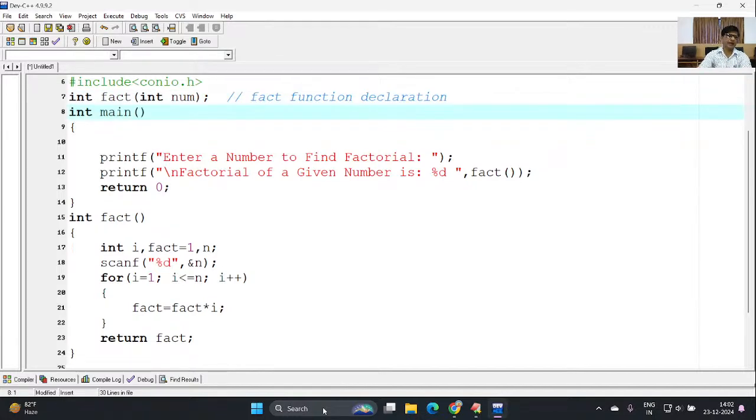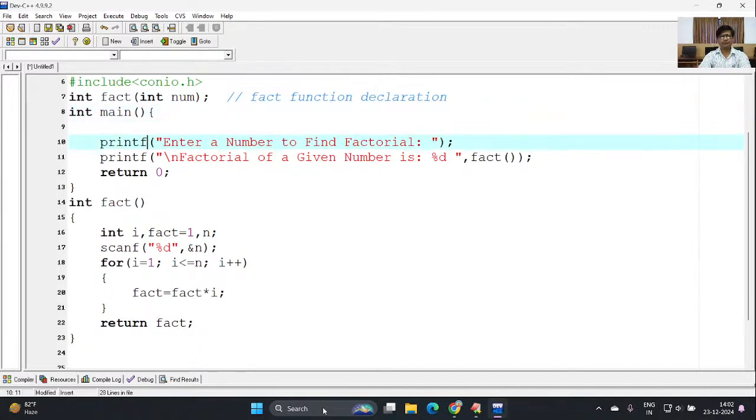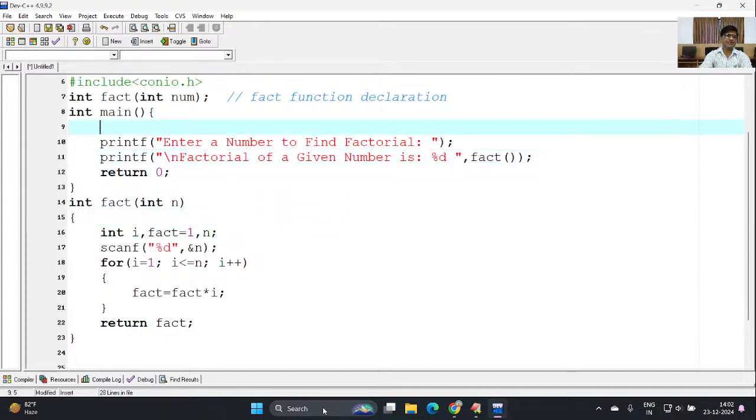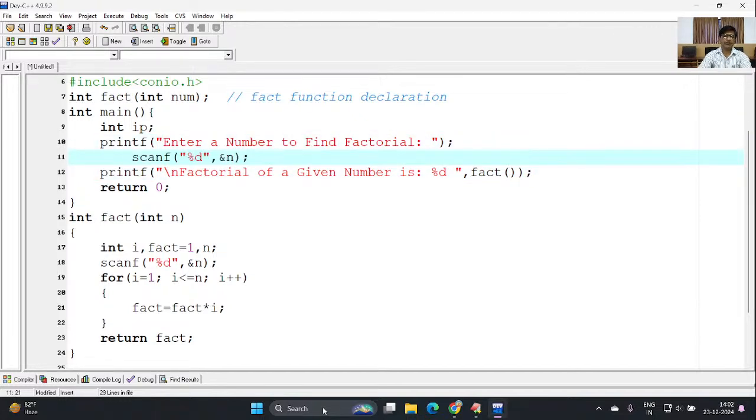Okay, fine. Integer main. I'm calling the main here. So let me declare here integer n, and let me change some values. Integer input value IP, and let me hold this using scanf, passing IP here. Okay, fine. So what I did here,